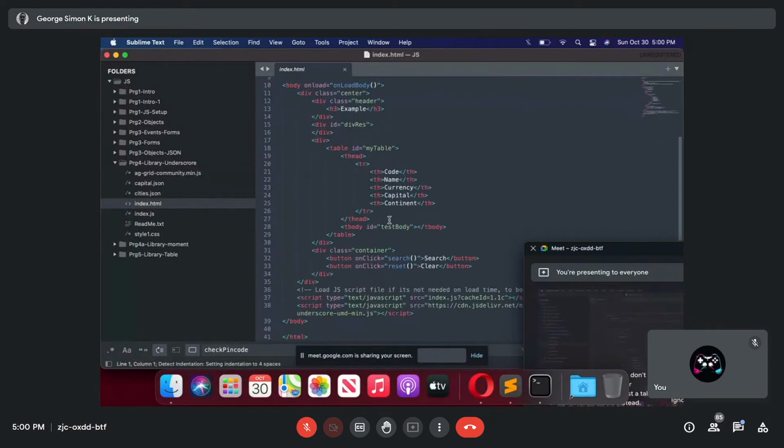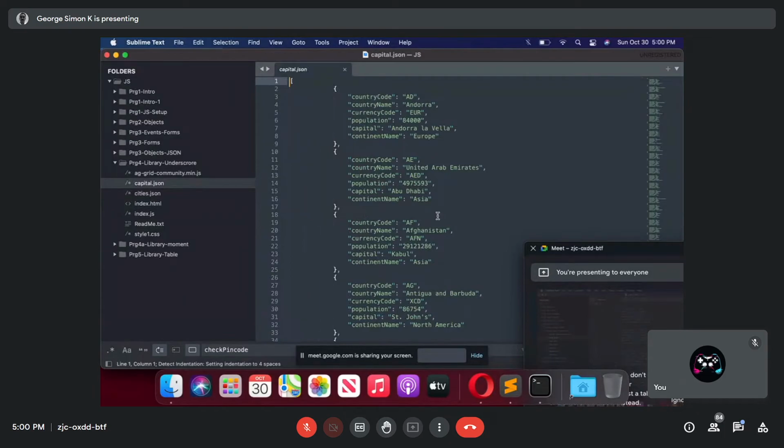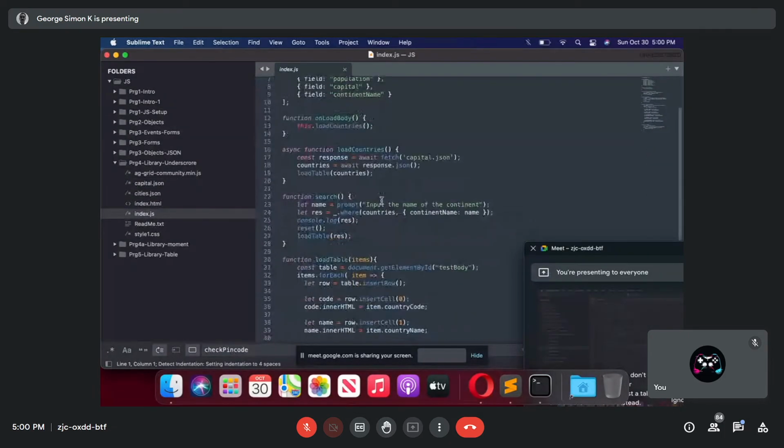But look at my HTML table I started. I had the table ID, my table, closing the T head. But records, I don't have any records displayed here, but I have T body, ID, test body. That's all. This is an element. You remember I said an element. It has an ID. So what I'm doing here, when I loaded the data from a remote server, all the